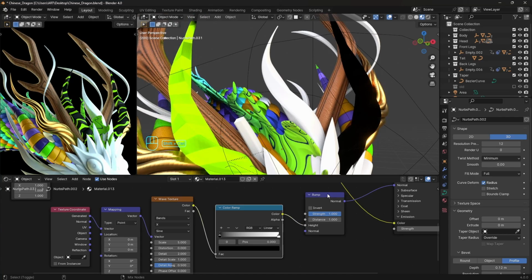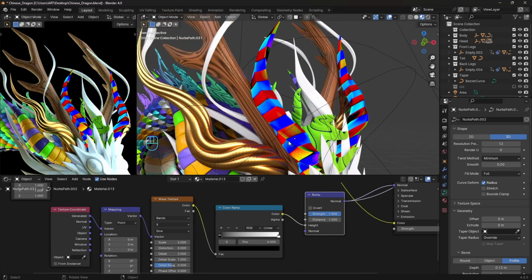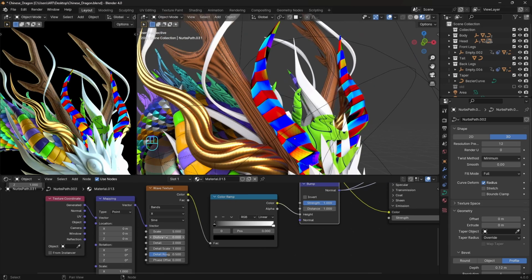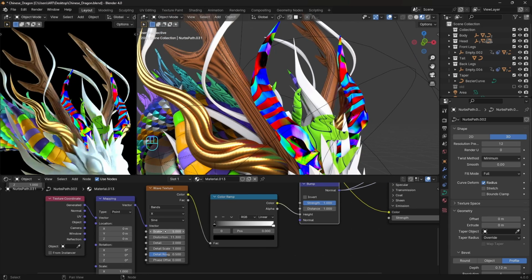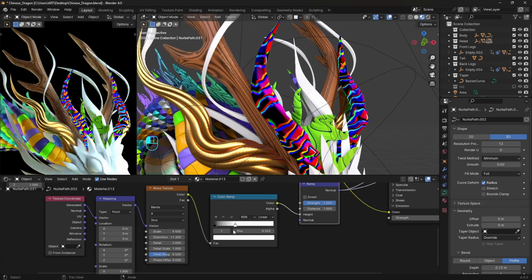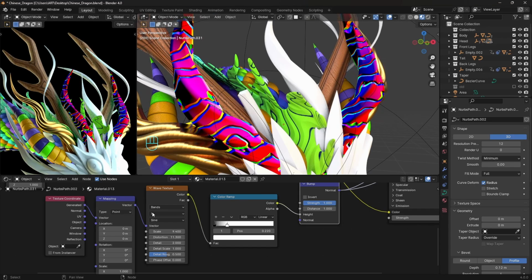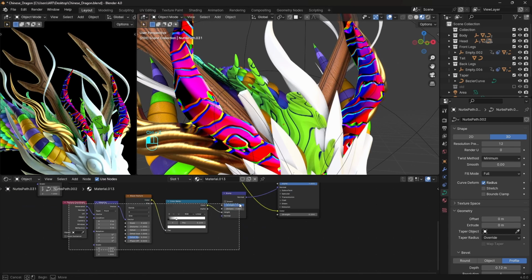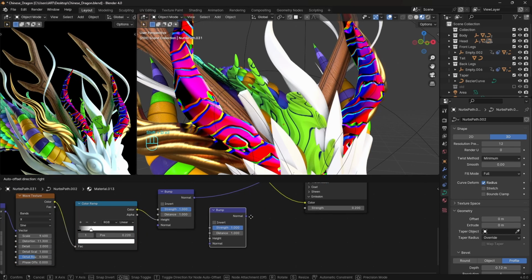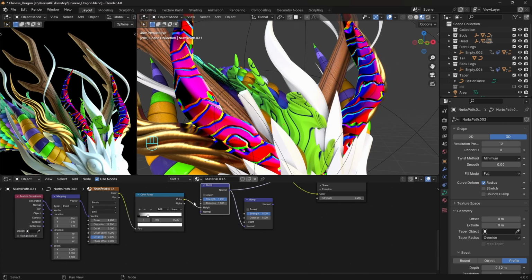We can use Ctrl Shift and click on a specific node to isolate it and see only what these nodes are doing. For the wave texture, we can add distortion, adjust the scale, then bring closer the bars to get these engraved curves. We can use one more bump node to add an additional layer with details. Connect normal to normal. And just duplicate the setup one more time.